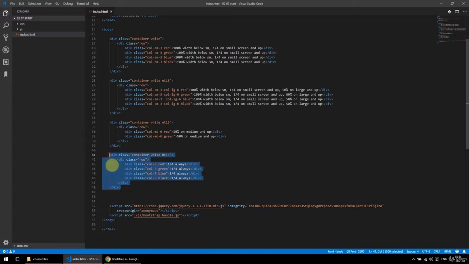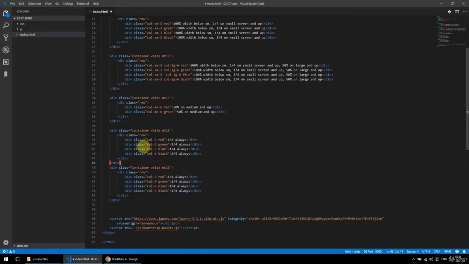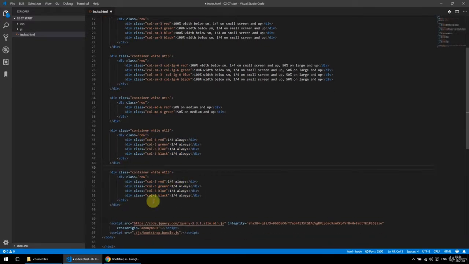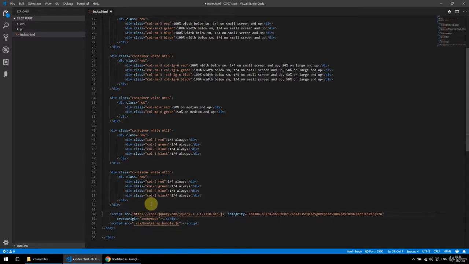So I'm gonna make a copy of it, just so you guys have it for reference. So it's always 4, so it's always 1/4 of the row, but I want it to take up 2 columns on large and up.